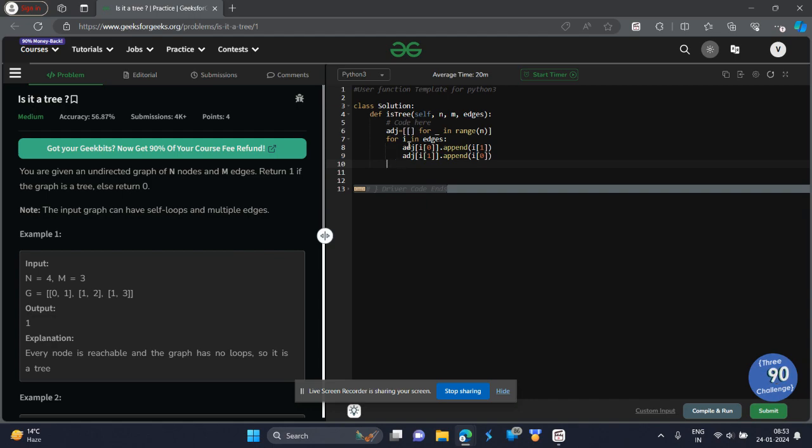Okay. Now that I have populated it using the edges which are just given over here,